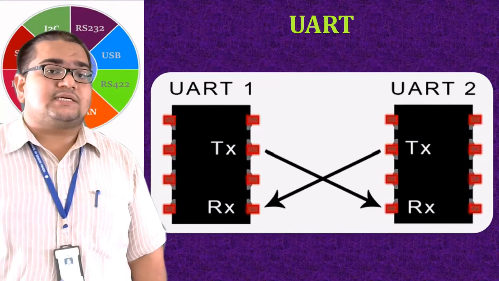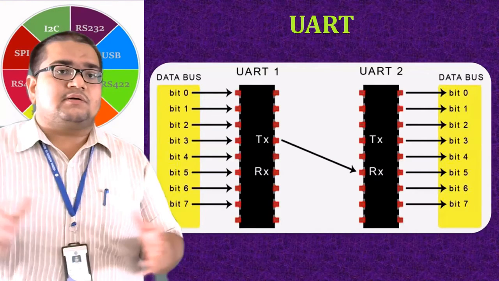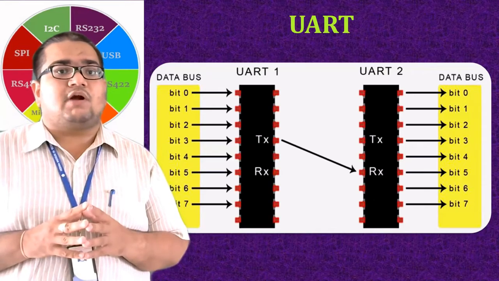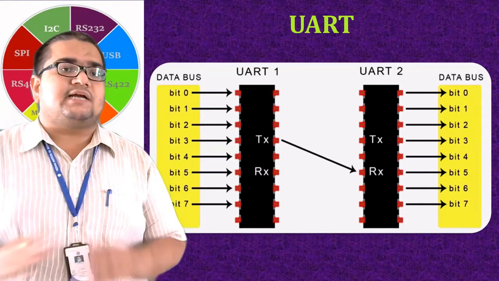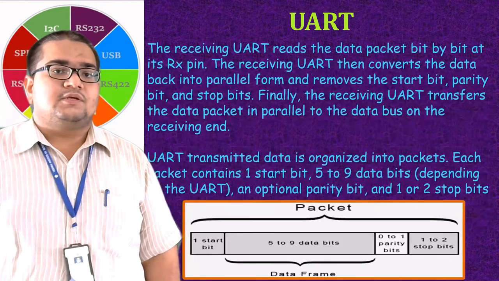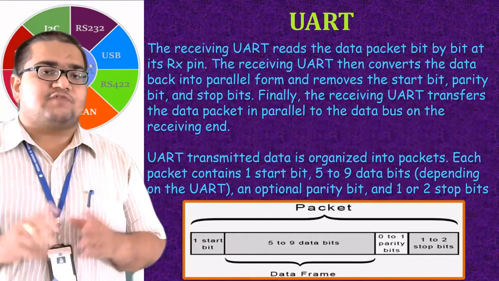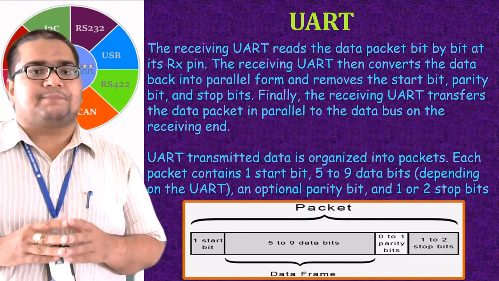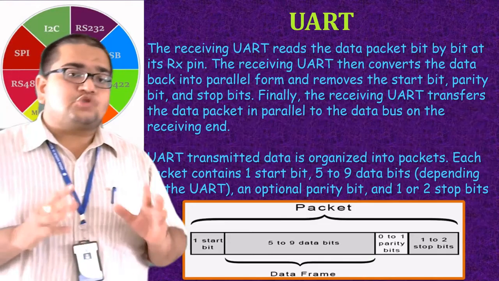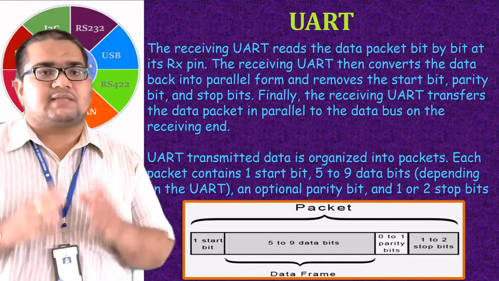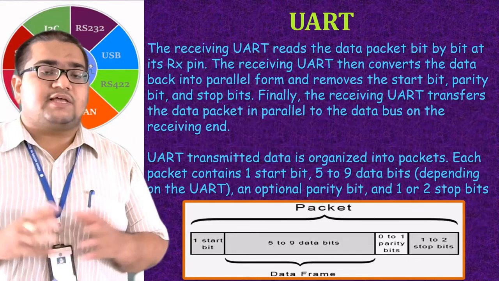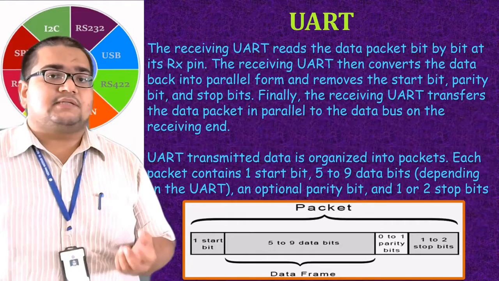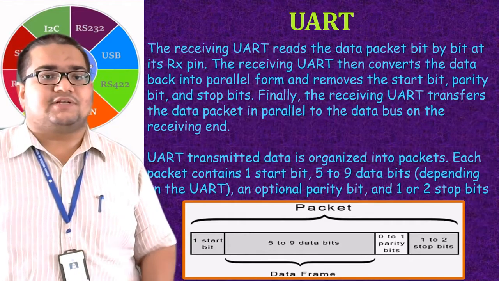As I said, it is an asynchronous type of communication. So here the regulating of the communication can be done by the transmitting UART, which will initiate the sending condition and the receiving condition. You can check out this packet structure, which will be used for initiating the beginning and the end of the communication. So start bits will be there. It also has a parity bit, which will make the communication secure, in the way that if there is an error while receiving, it can be identified by that parity check. The transmitter's duty is to indicate the end of the communication.